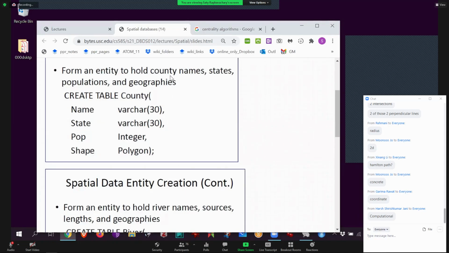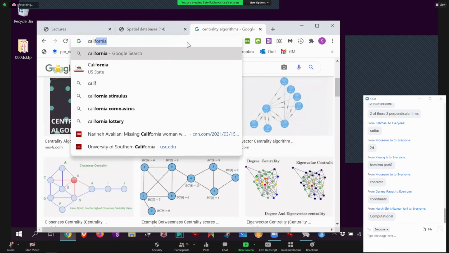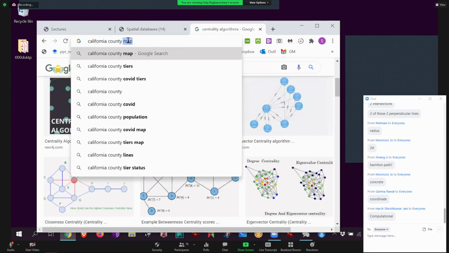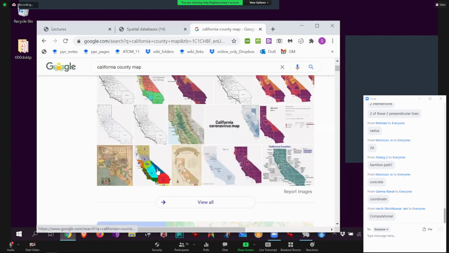In this case, what we're trying to say is, imagine you have California counties, okay? Then you give it one county, and then you say, what are all the counties that surround me? The California county map, okay? For example, Los Angeles County, Kern County. How do you, without looking, know what surrounds the county that I name?